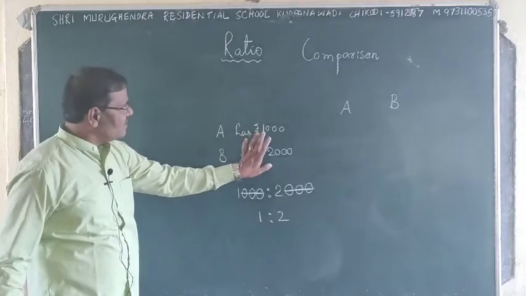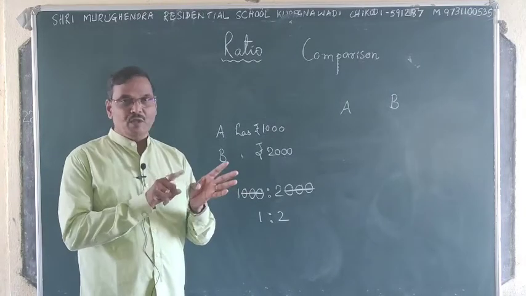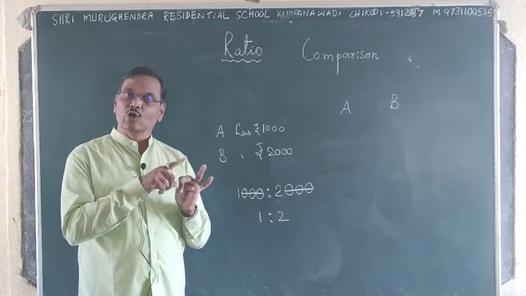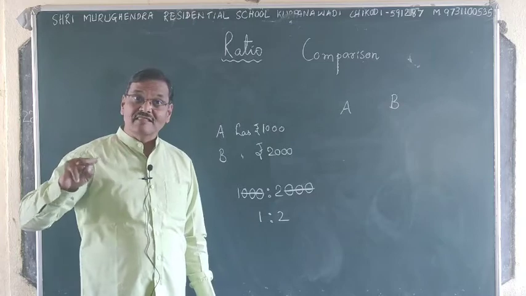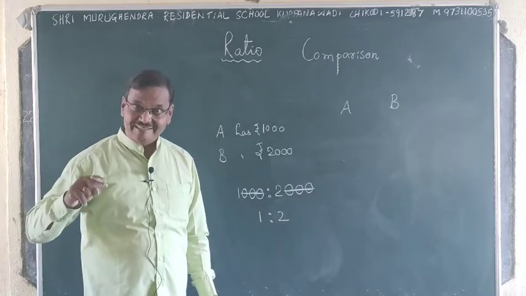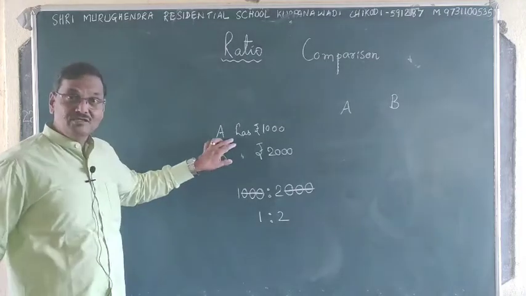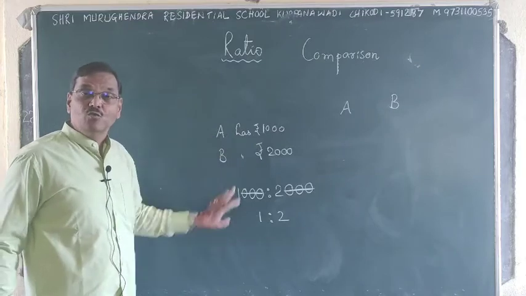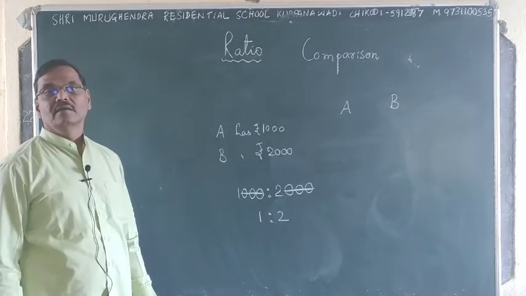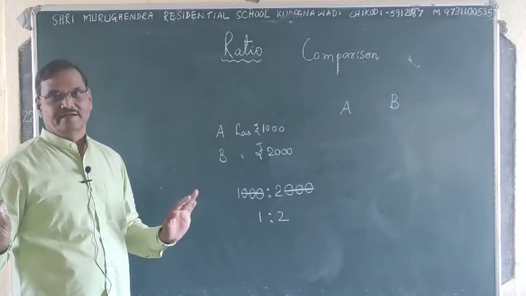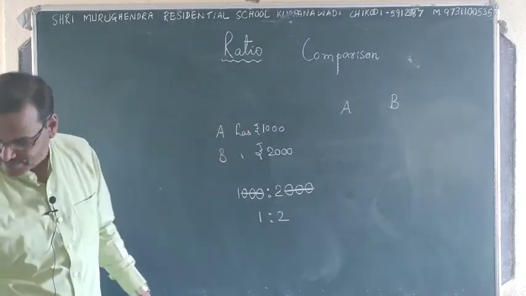Here it is rupees. So what should be compared? Rupee, meter, kilometer, liter, hour, month, year, age should be compared. Understood? Say A has 50 rupees and B has 1 kg sugar, it should not be compared. When you are comparing, the elements should be of the same kind. This is what ratio tells.